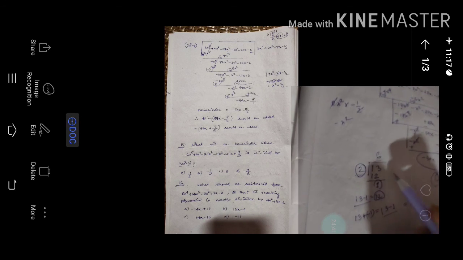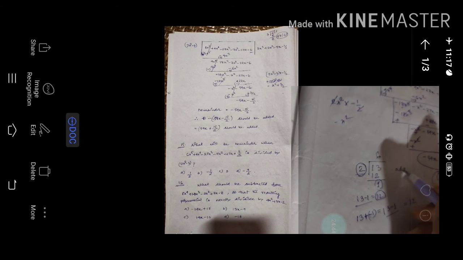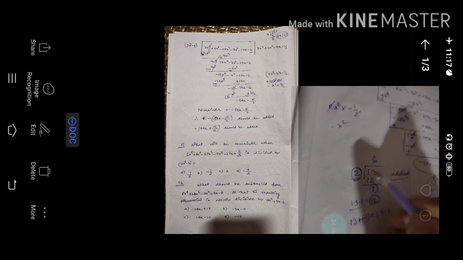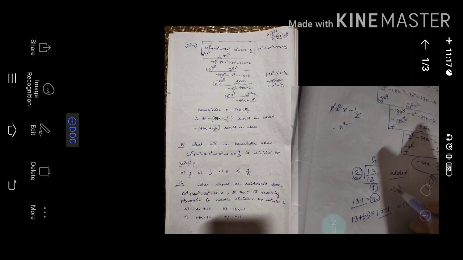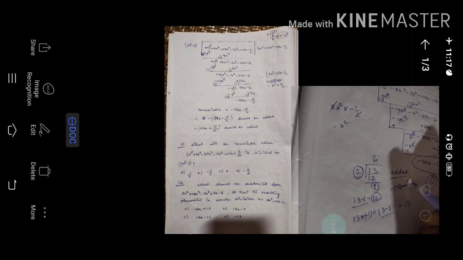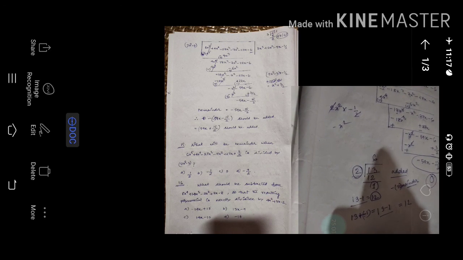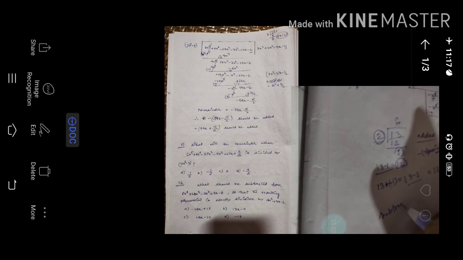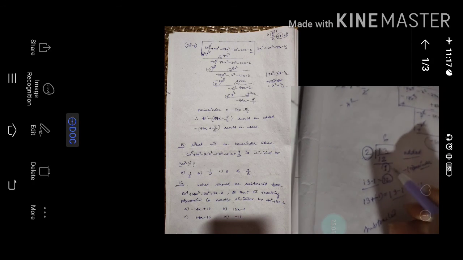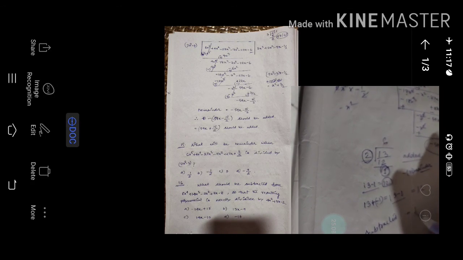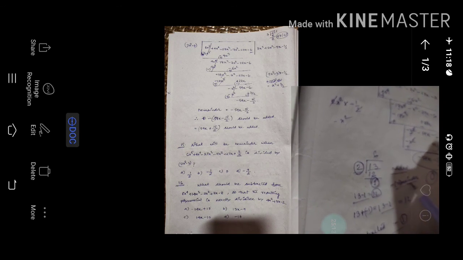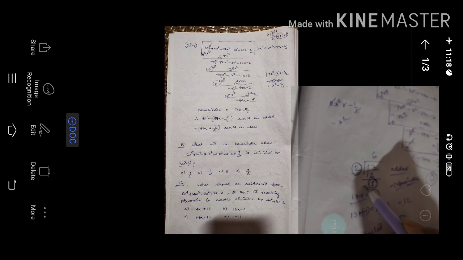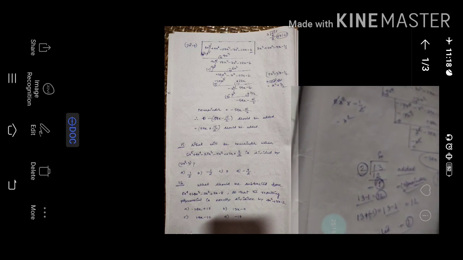So that means if in the question it is asked what should be added to that dividend so that it will be divided by that, what you have to do is write the negative of the remainder. If addition is asked, then you have to write the negative of the remainder. Or if subtraction is asked, what should be subtracted? If it is asked what should be subtracted, at that time the remainder only will be your answer. If it is asked what should be added, the negative of that remainder, the remainder you have got after doing the division, negative of that remainder will be your answer. Understood?